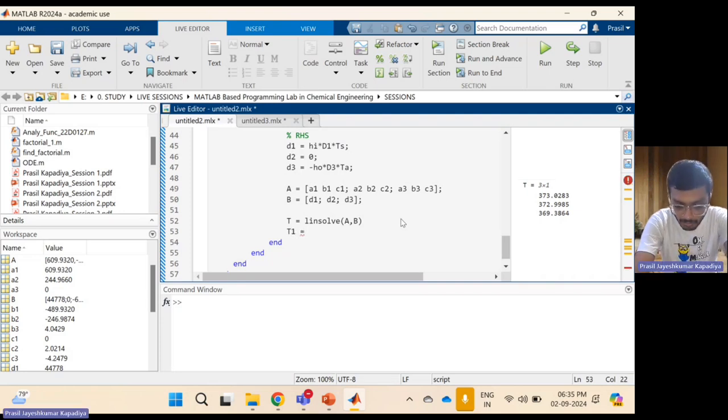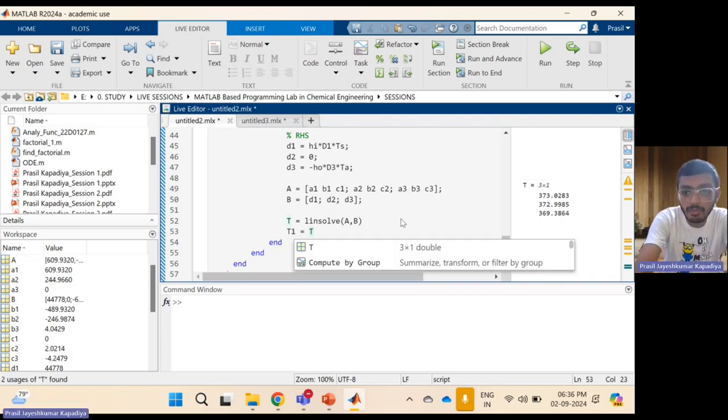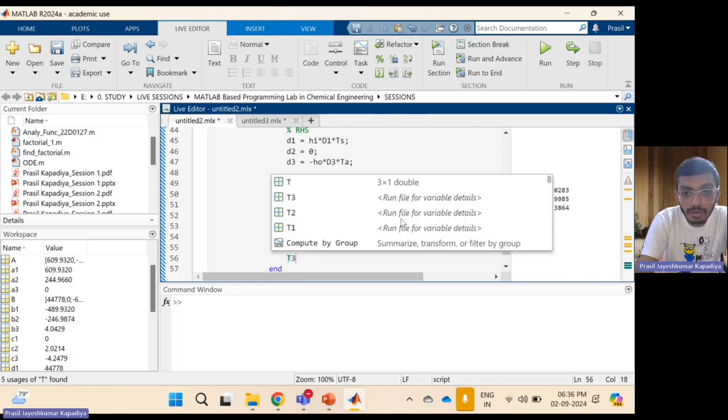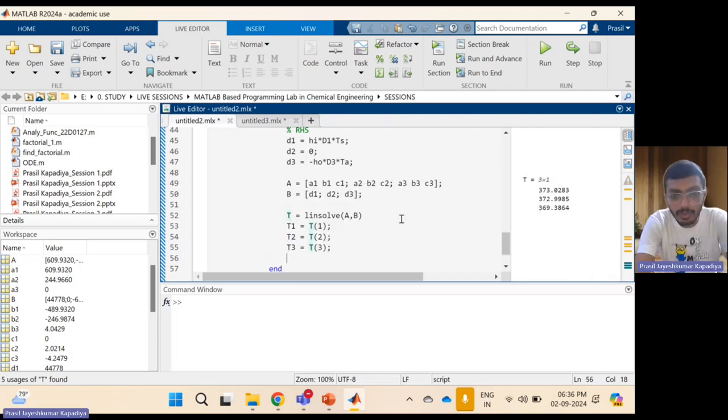T1 is equal to T of 1. Then T2 is equal to T of 2. T3 is equal to T of 3. And T4? No, there is no T4, correct? Correct. Now,